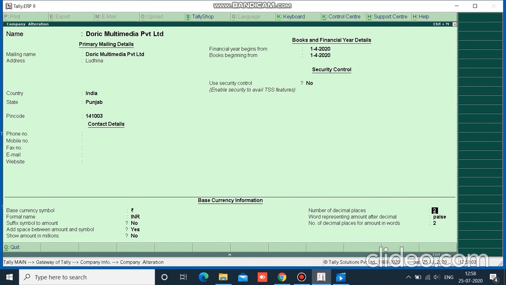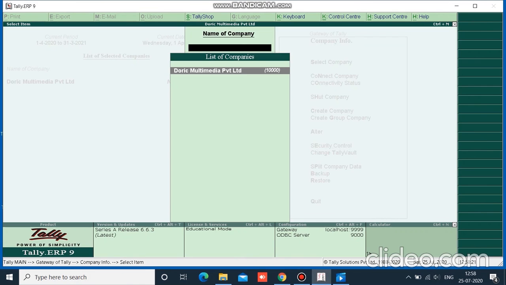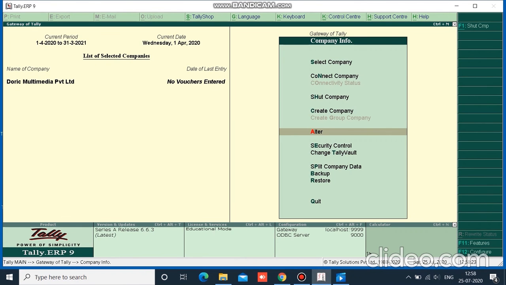Suppose your company deals in paise, so you can increase these decimals to any number. It can be 3 decimals, 4 decimals, or any decimals as you want. So by simply pressing enter, and pressing enter again, my company is successfully created and it is open. Here we can see the list of selected companies.